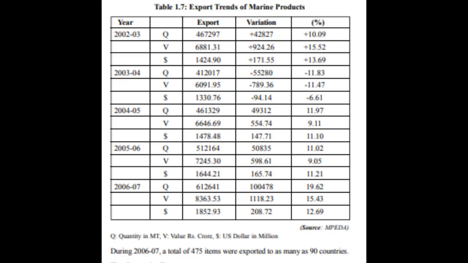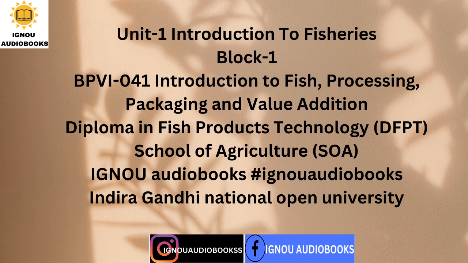C. Major markets. During 2007-08, European Union has emerged as the largest market for Indian marine products. Compared to previous year, exports to EU have increased to 25.52% from 23.37% in quantity to 27.37% from 24.15% in rupee value. USA became the second largest market in terms of value. The decline was mainly due to the anti-dumping duty imposed by the US government on import of frozen shrimp from India. Export of frozen shrimp to USA has declined by 15.02% in quantity, 9.81% in rupee value and 7.93% in